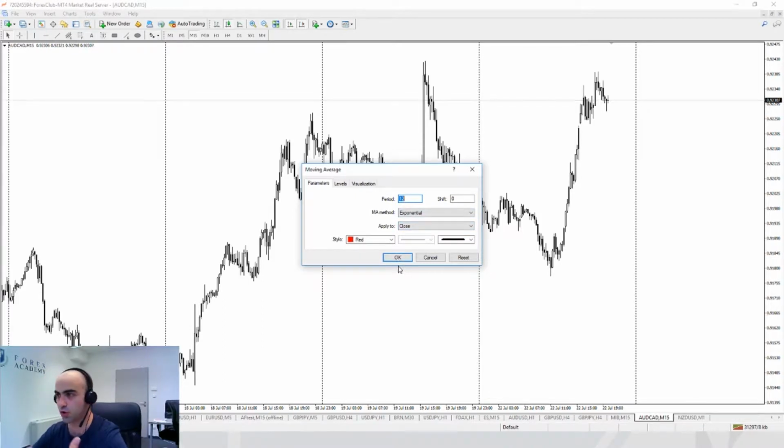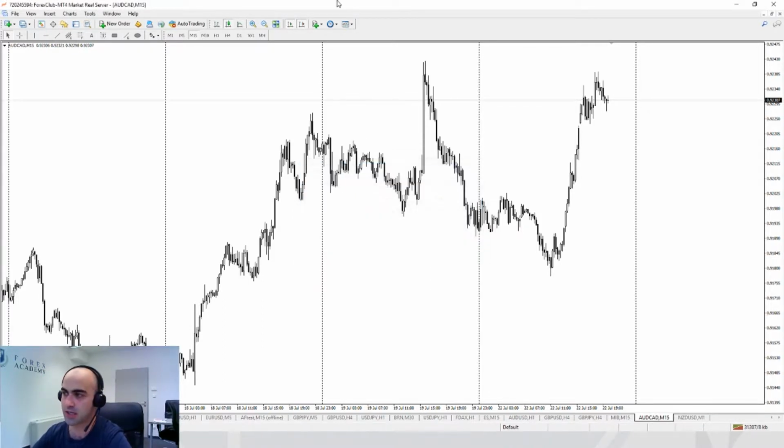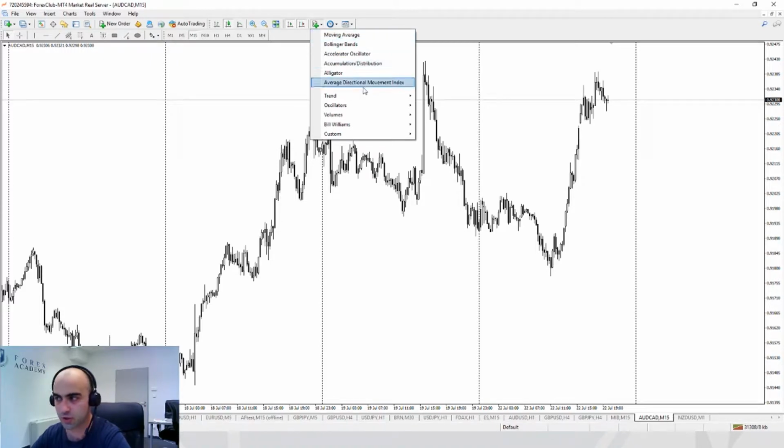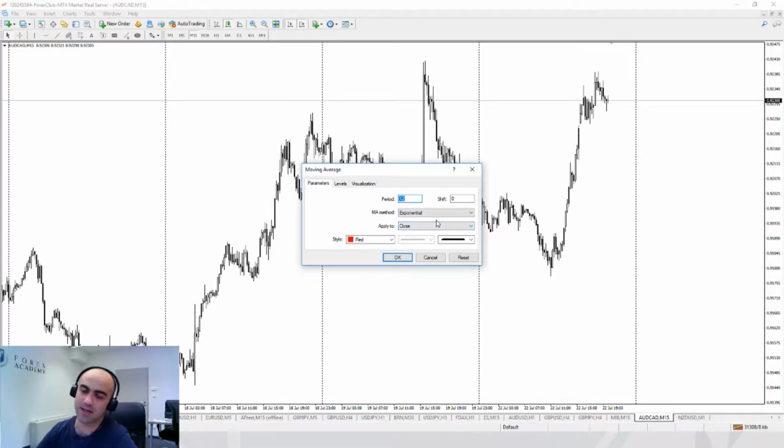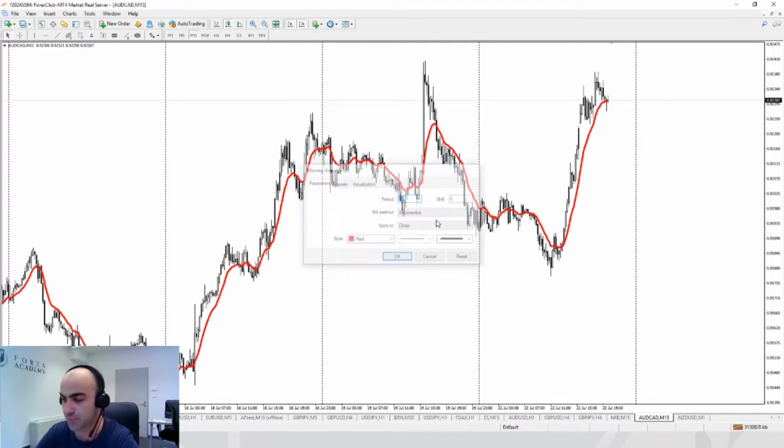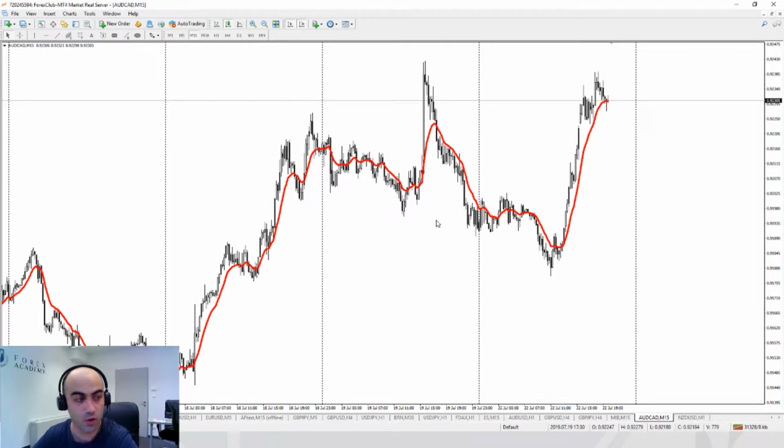I would like to show you, as you see, I just went to my indicator list. Moving average is among my favorites, specifically the trend moving average, and then there is the MA method, which is going to be the exponential, and we are going to adopt 12 for this specific strategy. 12 is going to be very close to the chart of the financial instrument you're trading because it takes into consideration the previous 12 periods before today.